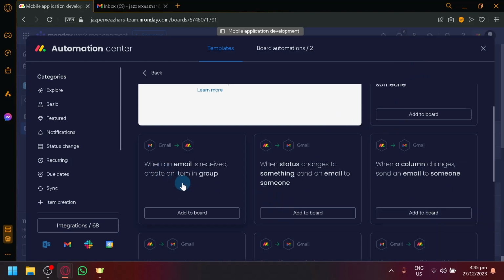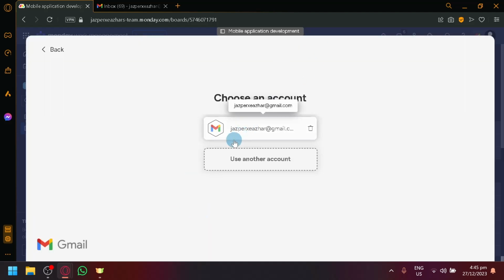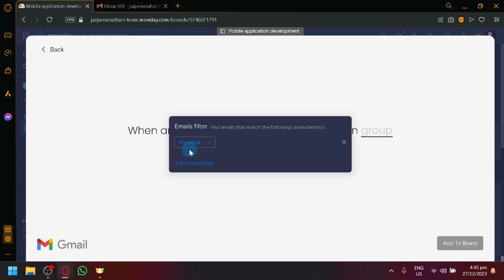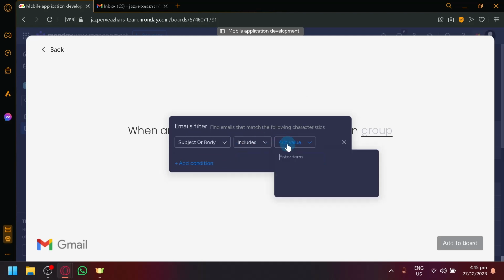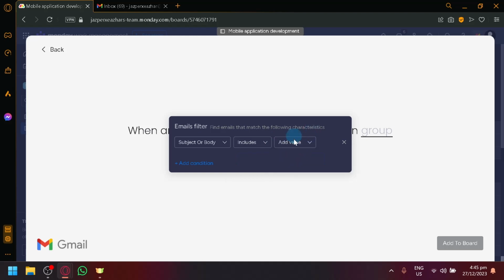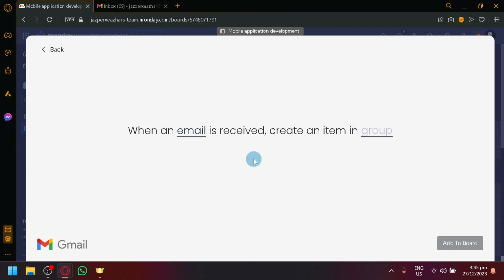For example, over here, as you can see, when an email is received, create an item in group. So this will be very useful for online businesses. So when someone emails you about your order, or about something else, you could set it up as well. So for example, add to board over here. Select the email that you would like to use when an email is received. You could select some filters over here, for example, on the subject or body. If something includes, for example, order,